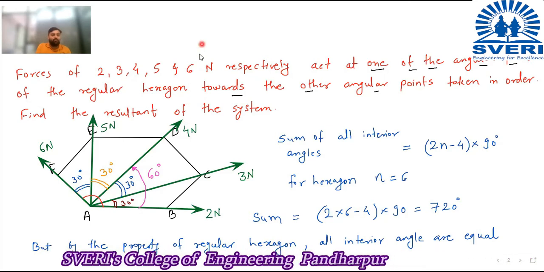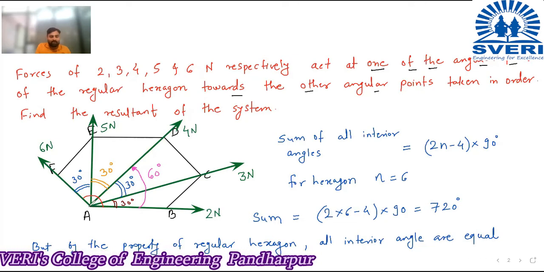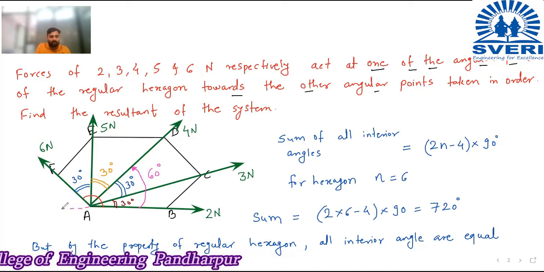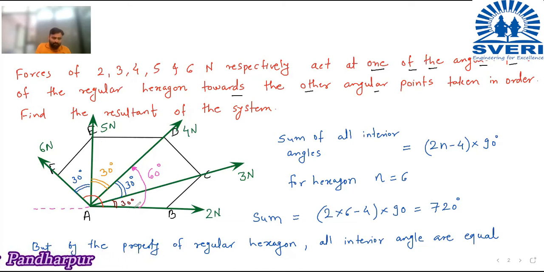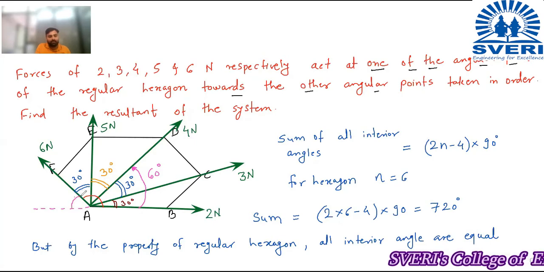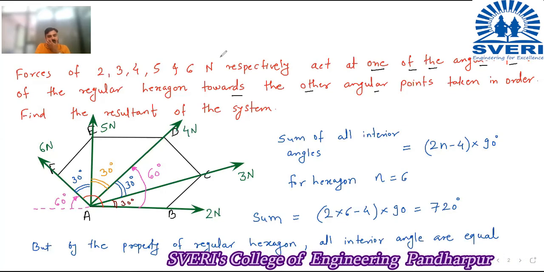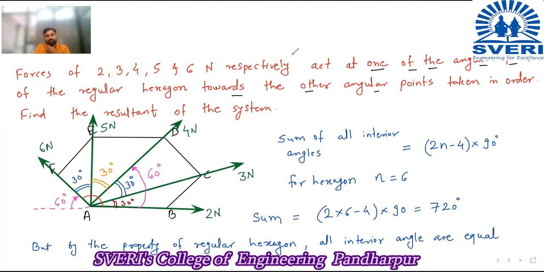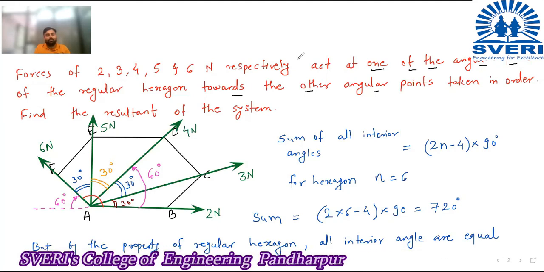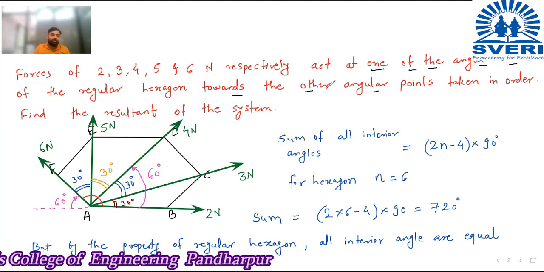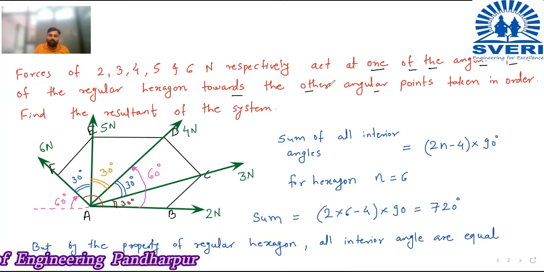So in that case, what I will do, I will extend this horizontal line a little bit. Okay. And now if this total angle is 120 degrees from this side, then how much will this angle be? This angle is 60 degrees. So this angle I will consider for the resolution. Is it clear to all of you how the angles are taken over here?